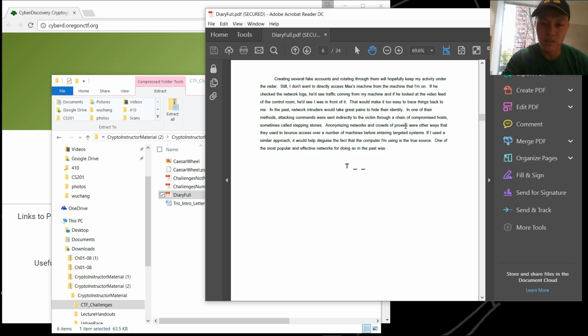Okay, and so in this entry he talks about doing some research on anonymizing networks, and what we ask the campers to do is to look for all the different ones and see which one matches this